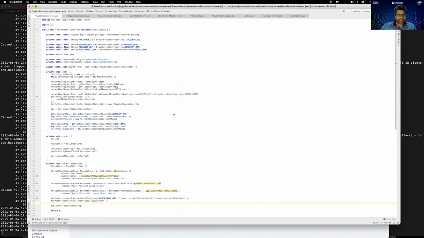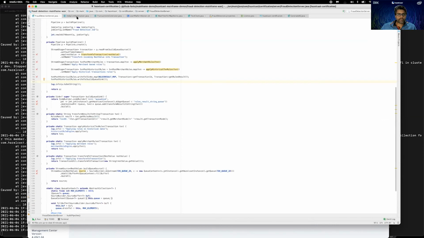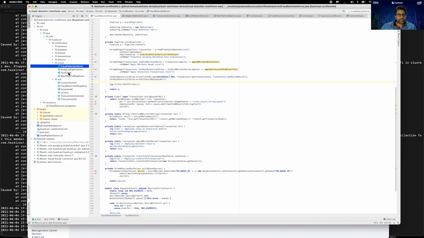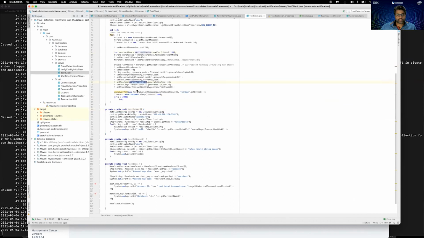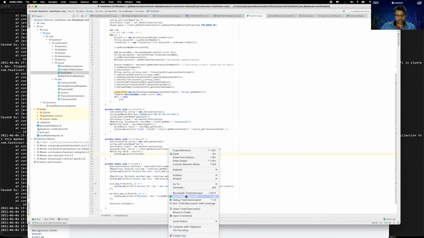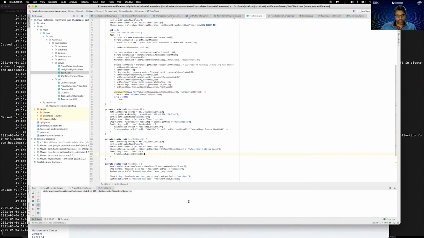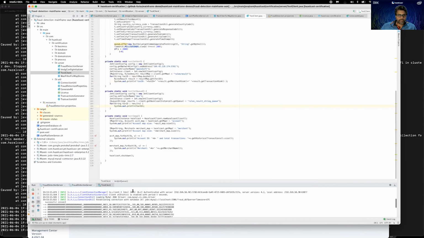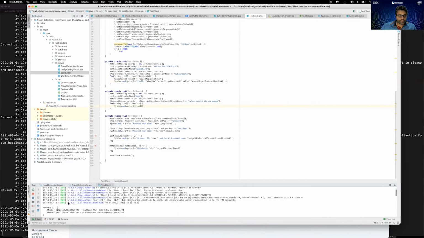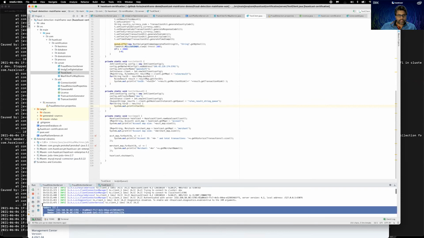All right, so let's start the transaction simulator. Here, this client, is my simulator. It is publishing data: it creates a transaction and makes a REST call to publish it on a Hazelcast queue. Let's fire this. As soon as it starts, it connects with both Hazelcast nodes in the cluster, and it starts submitting transactions.